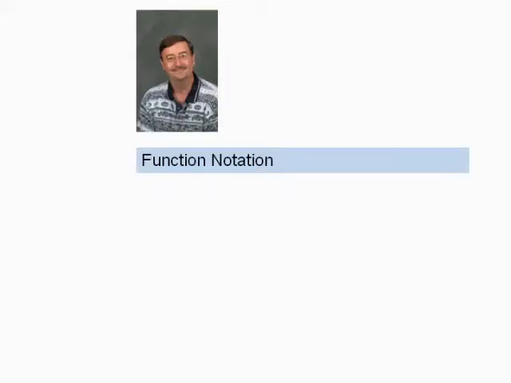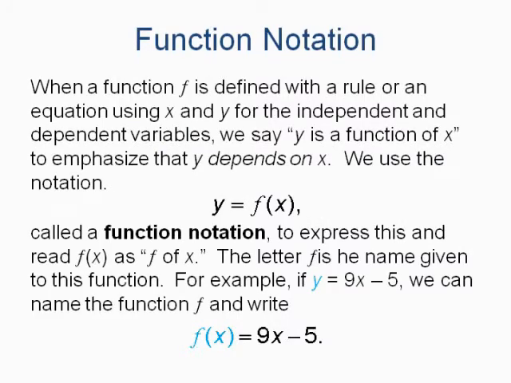Professor Bob Young here, and in this instructional video we are going to discuss what's called function or functional notation. When a function f is defined with a rule or an equation using x and y for the independent and dependent variables, we say that y is a function of x to emphasize that y depends on x. So we use the notation y equals f of x, called function notation, to express this, and read f of